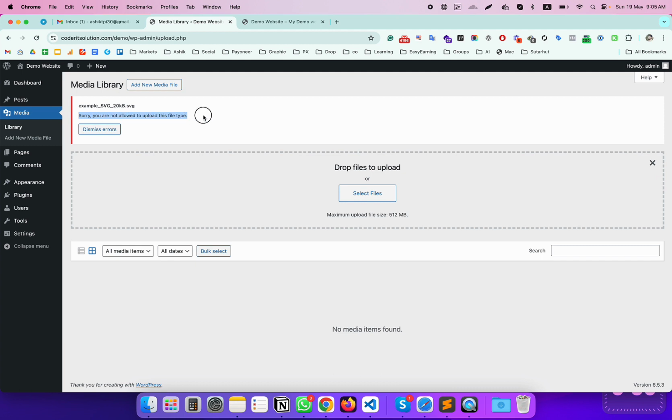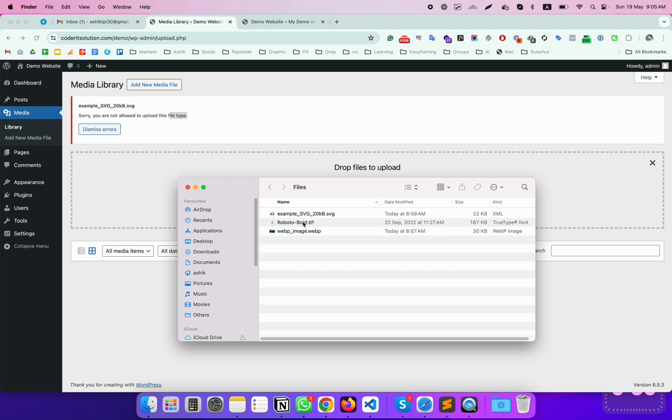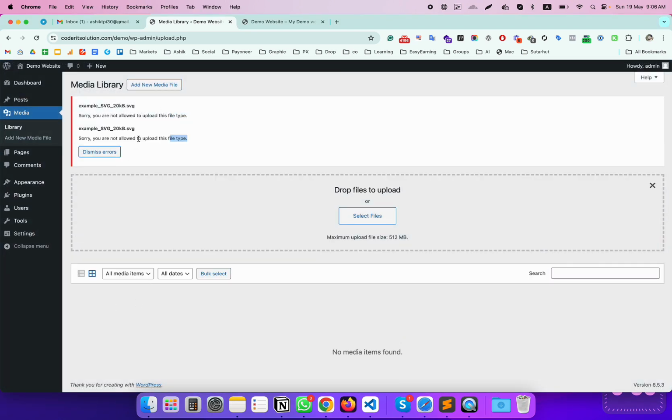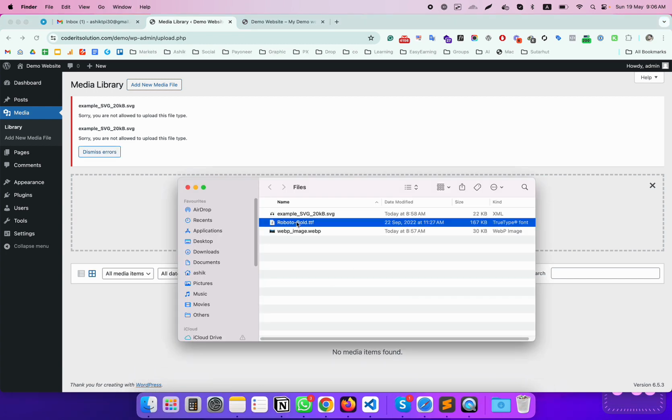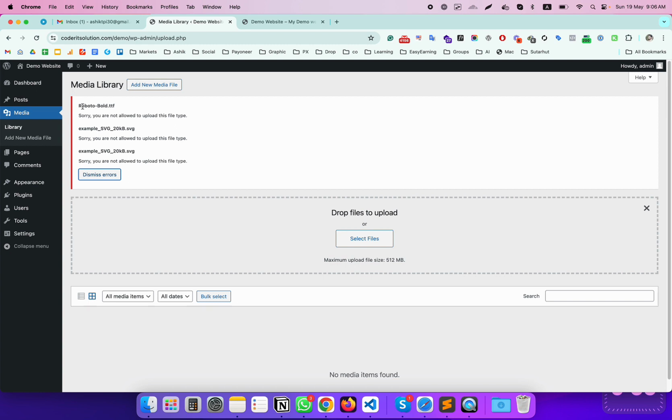Are you getting an error when you try to upload your SVG file? Sorry, you are not allowed to upload this file type, and you cannot upload also SVG file error, and your TTF file error. So today I will show you how to solve your multiple file upload issue using a single plugin, and that